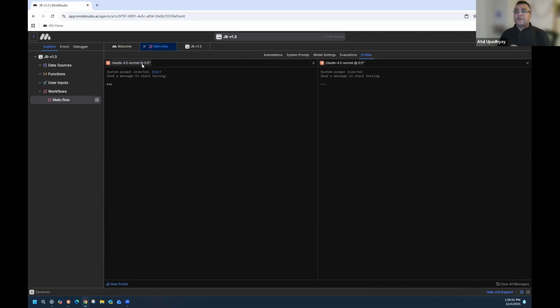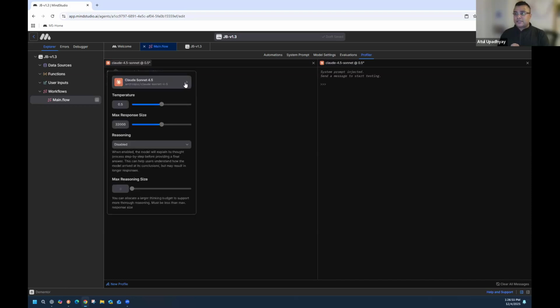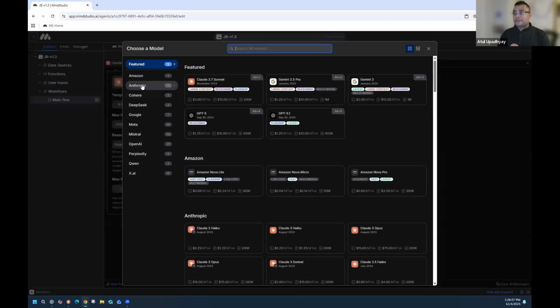So let's use this one, and I want to do a reasoning one. I want to select the reasoning LLM. In MindStudio, you can see there are tags on the LLMs that you can choose from. Reasoning models are great at thinking, right?